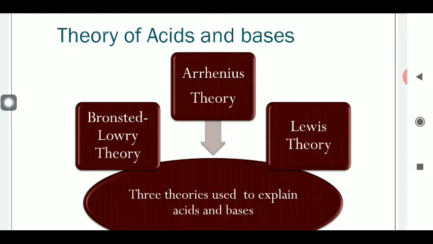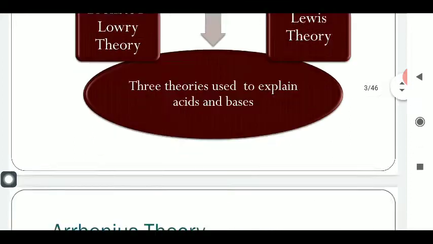But in this classical theory, the concept of dissociation was not involved. Whenever any electrolyte or acids and bases are taken, these compounds dissociate to form the corresponding cations and anions, and this point is not included in the classical theory, and that's why we have to discard this theory. Now, on the basis of the concept of dissociation and ionization of compounds, three theories have been put forward. And first of all, I am taking here the Arrhenius concept.